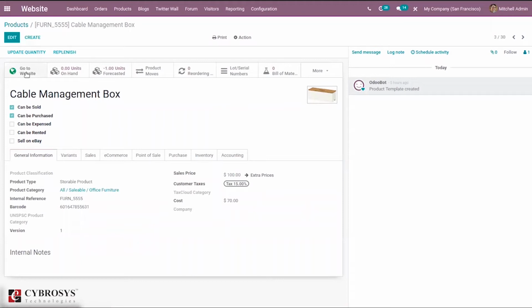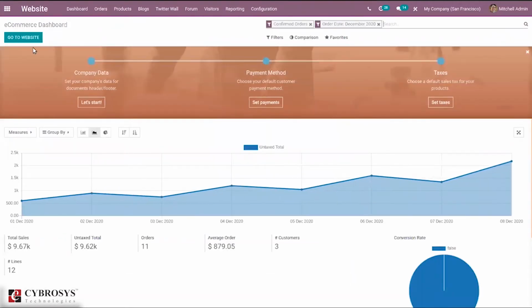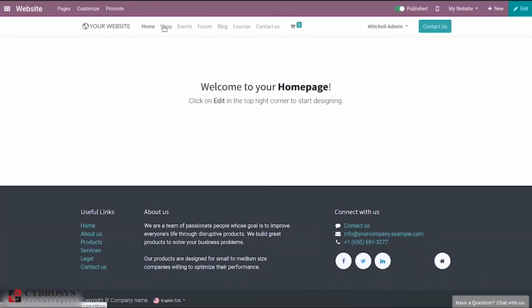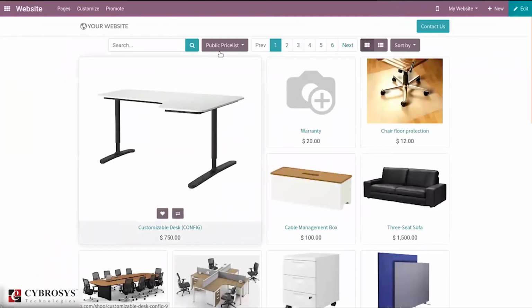So you can directly go to the website from here, or else if you go to the dashboard, from there we can go to the website. Open shop.